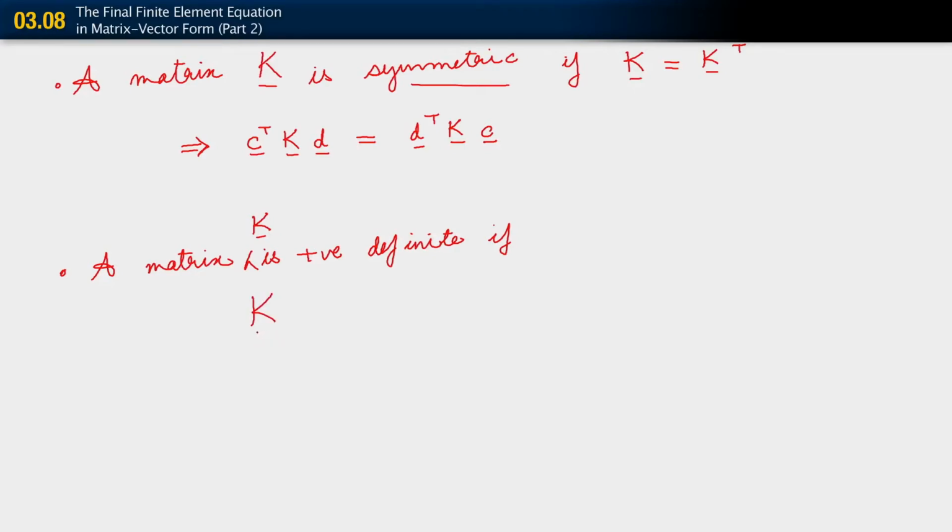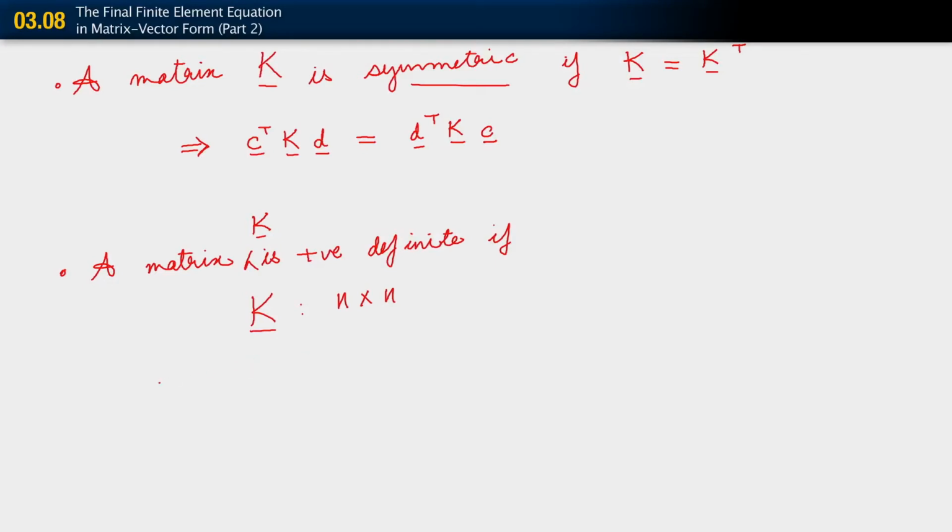Let's suppose K is an n cross n matrix. In the problem we were looking at, we got an NEL cross NEL matrix. So if K is an n cross n matrix, then it is positive definite